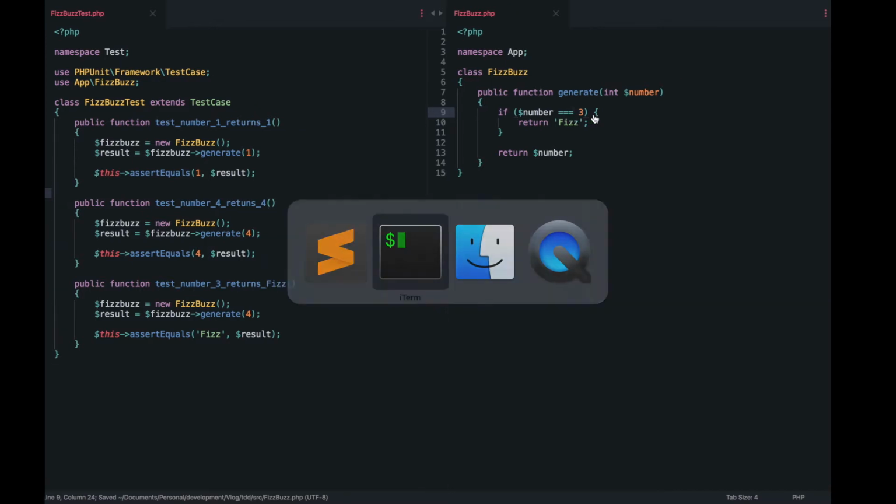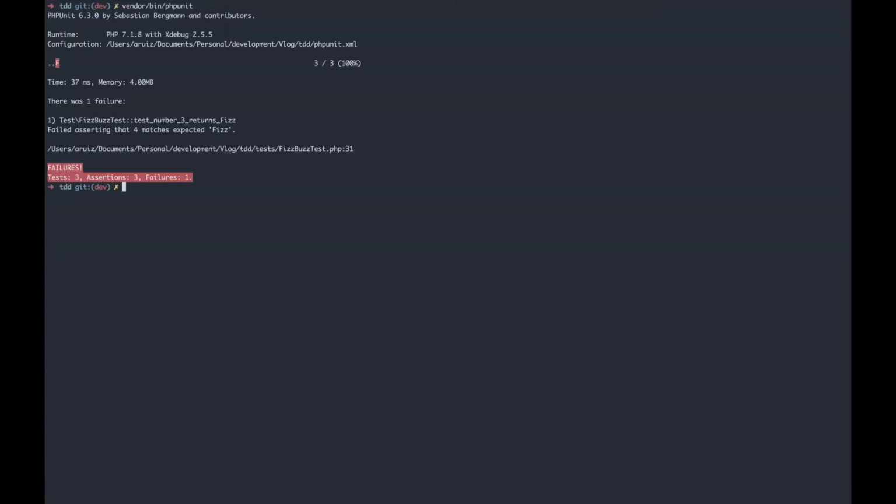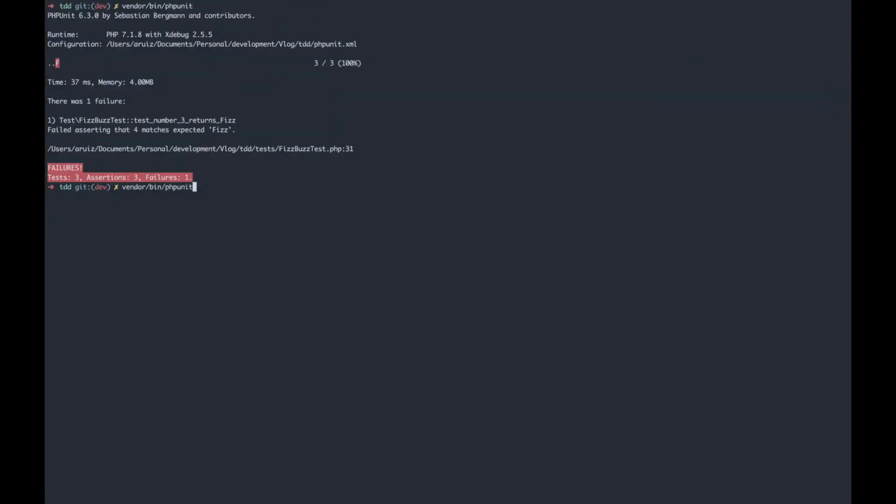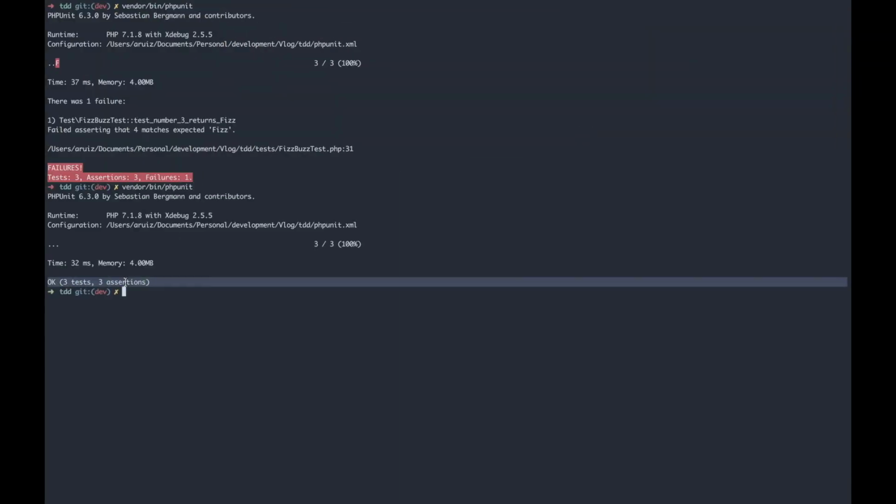Let's run the tests and see if they pass. Hopefully they do. And no, they don't. I'm certain that 4 matches fish. Okay, yeah, so sorry about that. So it's good, we proved that we're failing as well. We thought we had 3 and we had 4, it was a mistake. And now when it comes here, it's going to go here. It's going to return fish, hopefully, and the test will pass. Let's do it, and yes, it is good.